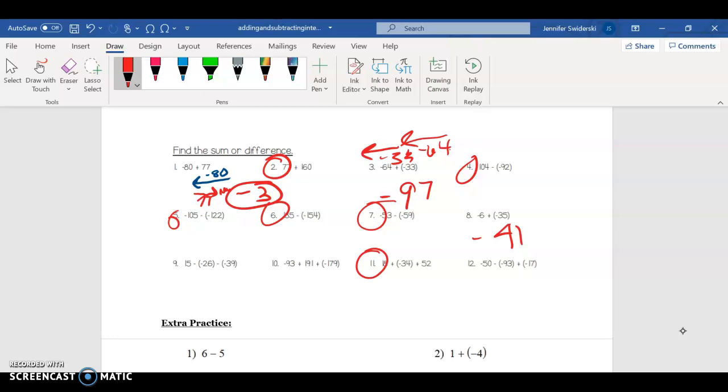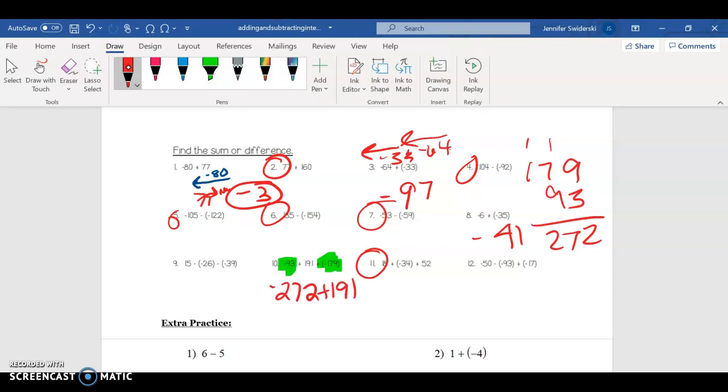So when I look at these, I want to see, is there anything I can combine together? Well, I see a negative 93 and a negative 179. When I add those together and keep their sign, 9 plus 3 is 12, carry my 1. 9 plus 1 is 10, plus 7 is 17. So I end up getting negative 272